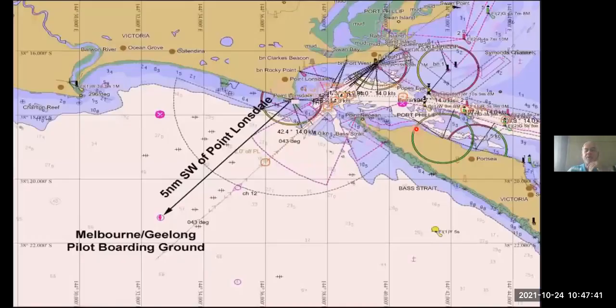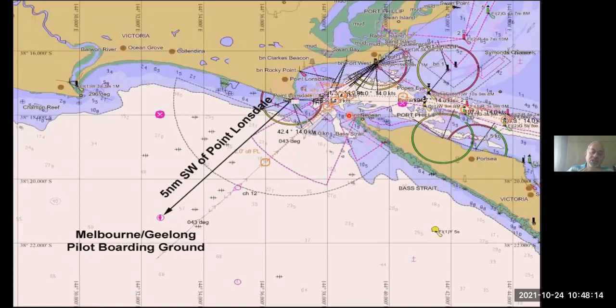Okay. Now this is a chart shown in your study material. This is Melbourne Port in Australia. And this is how the pilot boarding ground is shown on the chart. So ships will come up to here and wait. And then the pilot will come from inside the port, go on the ship and then take the ship inside for berthing. So that entire operation is safe.